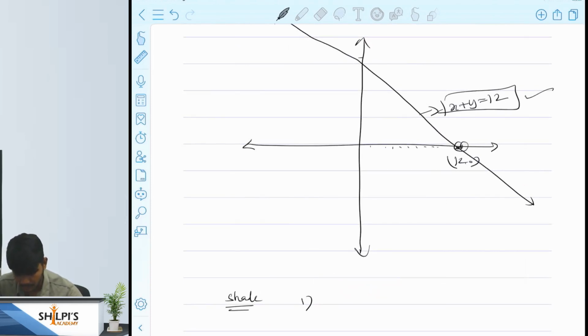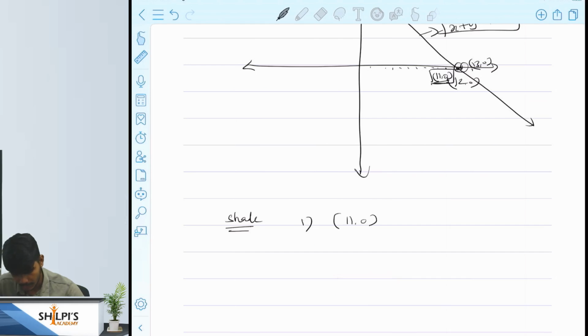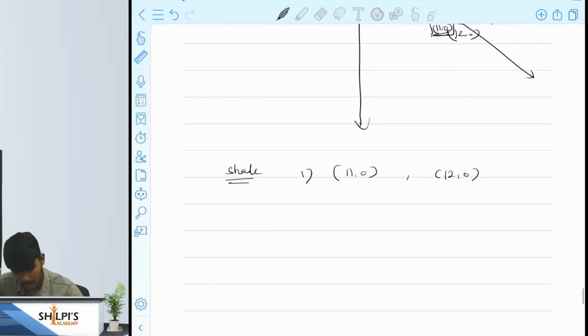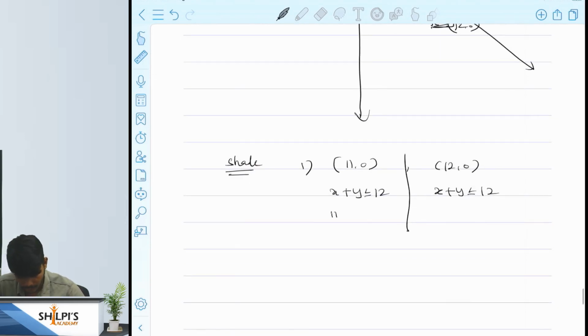Since this line crosses 12 comma 0, I am going to take 11 comma 0, and I am sure this point will be on the left side of that particular line. Similarly 13 comma 0 will be on the right hand side of that line. So I am taking these points 11 comma 0, 12 comma 0 and 13 comma 0, and I will substitute them in my question. So 11 plus 0 less than or equal to 12, 12 plus 0 less than or equal to 12,